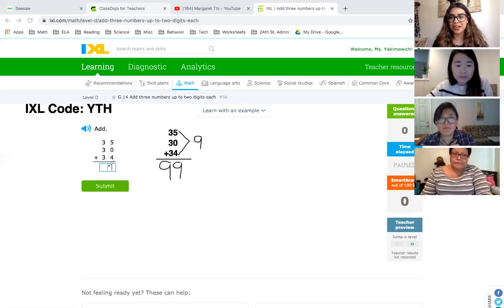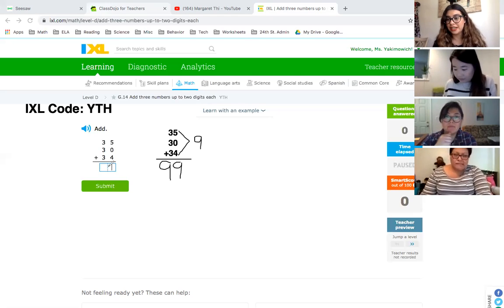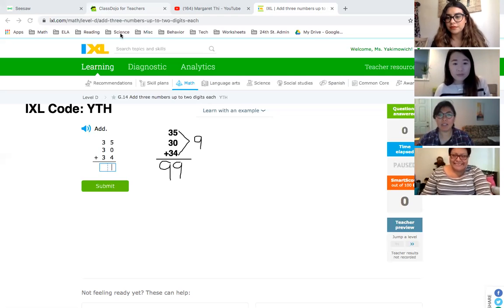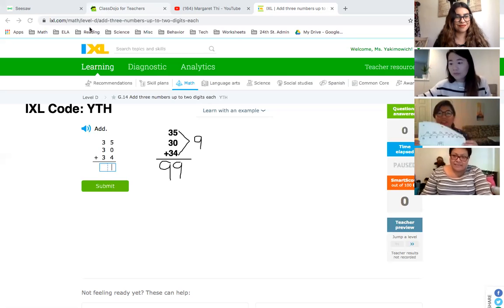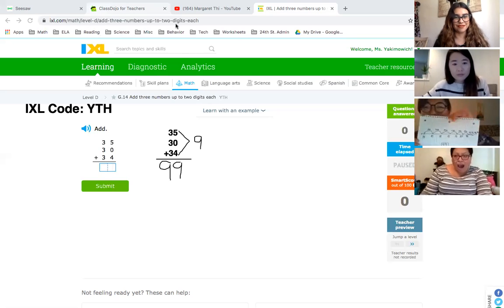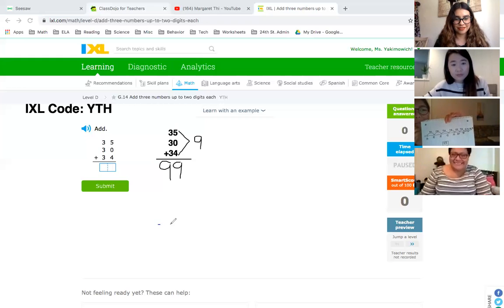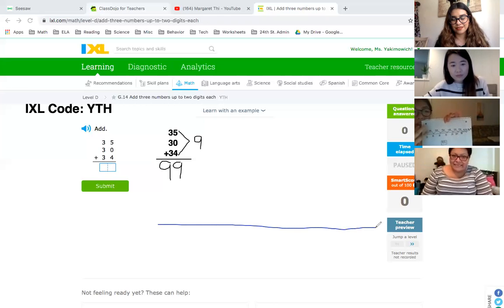Was there another strategy that we have, something different? Miss Kim, can you share your strategy with us? So I loved using how other teachers use number lines, and so I also did a number line. Because I know that 30 is basically 3 groups of 10, what I did was I first started out at 35, and so I